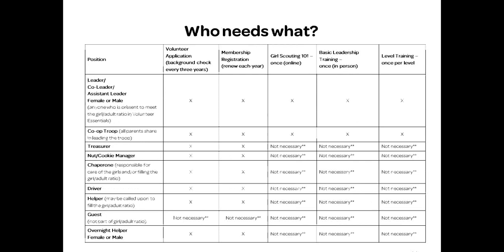Who needs what? We frequently ask, this person wants to help with the troop in this way. Do they have to go all the way through training? Probably not. Unless the leaders must go all the way through training. Co-leaders must go all the way through training. Anybody in a co-op troop, and a co-op troop is where all the parents, or at least one parent in each family, is going to share in leading the troop. Co-op troop parents all have to go all the way through level training. Again, because if they're going to rotate who's leading the meeting, you always need to have those 2 fully trained leaders at each meeting. As for the rest, they need to be registered and background checked.